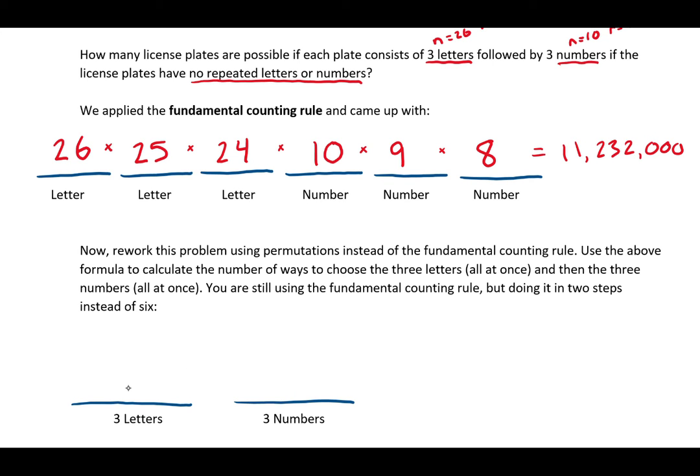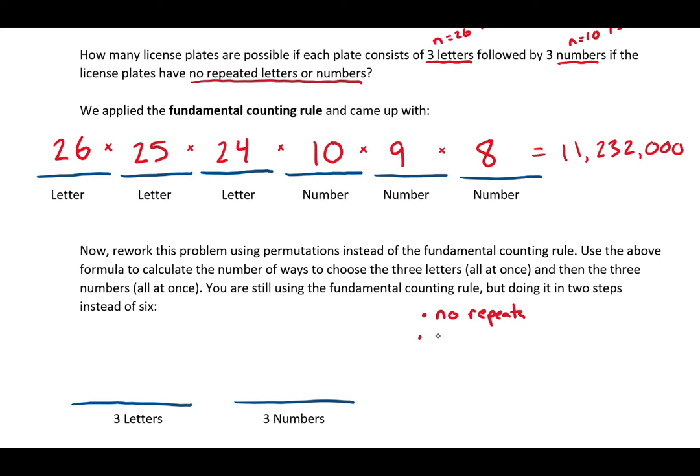So we could look at it as basically a two-step process. Choose the letters and then choose the numbers. And this is where we could use permutations. Permutations is the number of ways we could select a group of objects from a larger group of objects. Remember, the important criteria here are no repeats